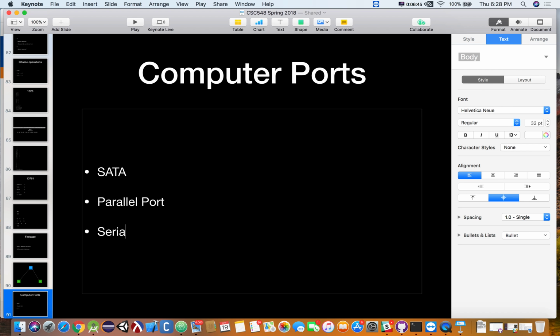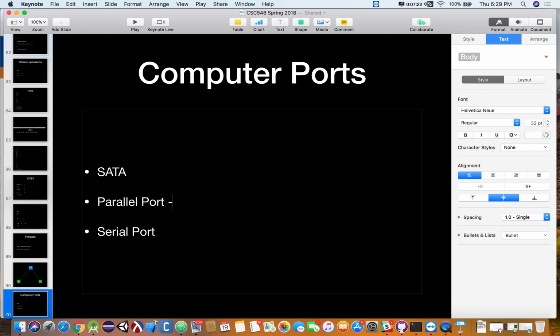We also have what, serial ports? What's the difference between a parallel port and a serial port other than the physical appearance? Serial ports looked a lot like a VGA port. They were female instead of male at the computer. Are there more pins in a parallel port? There were. So that's the physical aspect of it. So other than the physical aspect of parallel versus serial, what was the difference between these ports? Their names. Well, the name itself gives us the answer.